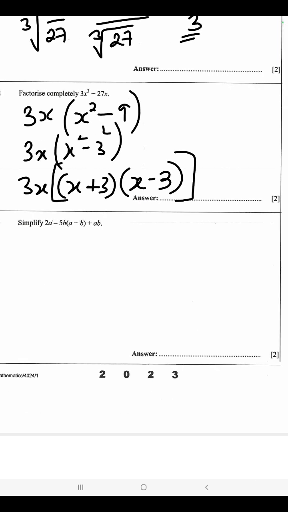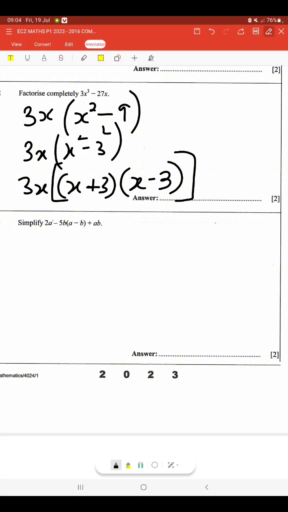So the answer is going to be 2a. Now minus 5b multiplied by a, we're going to get minus 5ab. Then minus 5b multiplied by negative b, we're going to get plus 5b